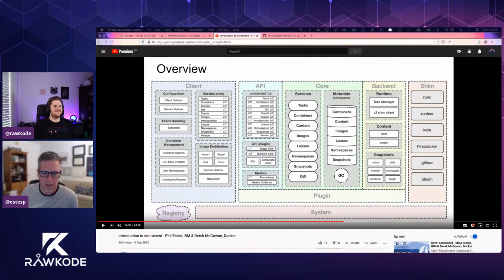So I think the main point of this is, one more comment: the API layer, you see the CRI plugin. One thing I didn't mention in the history is that containerd was initially built without an implementation for Kubernetes CRI, which is the container runtime interface. That is a separate gRPC API defined by the Kubernetes community. If you're interested, SIG Node is the Kubernetes special interest group that deals with the CRI API, and it does evolve over time.